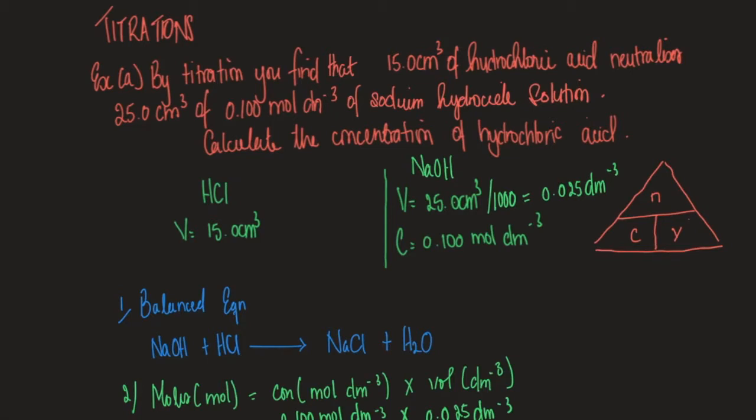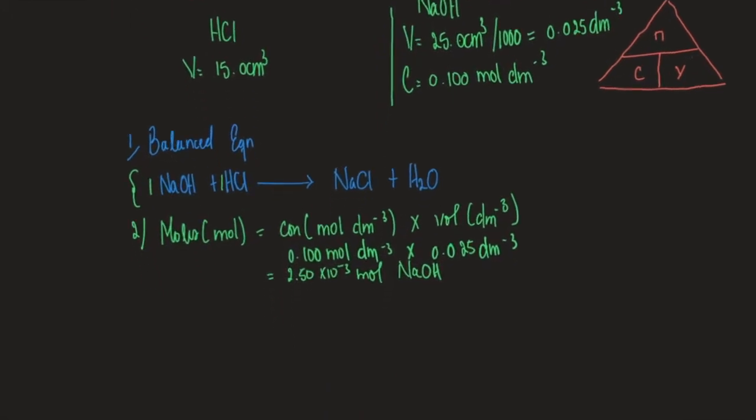So now that we know the number of mole of sodium hydroxide, we can use the number of mole to figure out the moles of hydrochloric acid. We do this by looking at this balanced equation here, and it tells us that 1 mole of sodium hydroxide reacts with 1 mole of hydrochloric acid. So the mole ratio is equal to 1 NaOH,